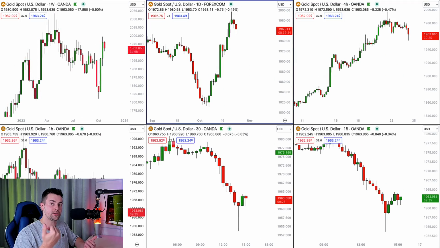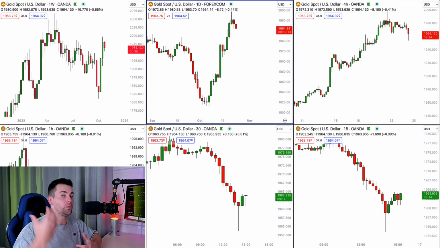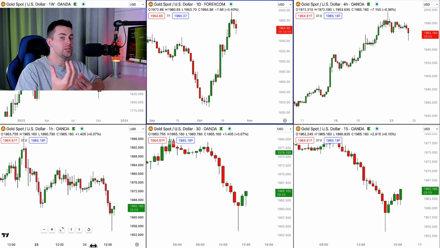The time frame selection depends on your goals and trading style. If you are an investor, if you are looking for investing opportunities, your priority is the weekly time frame. If you want to swing trade, if you want to day trade, you should always analyze the daily, because daily time frame will show you very important key levels, and on a daily you can quite accurately identify the global trend. On the 4-hour time frame, you will look for intraday structures and you will look for swing trading opportunities,